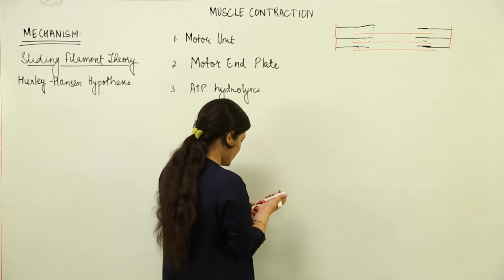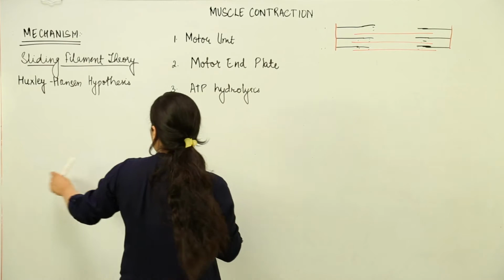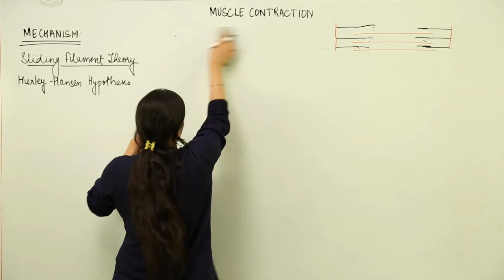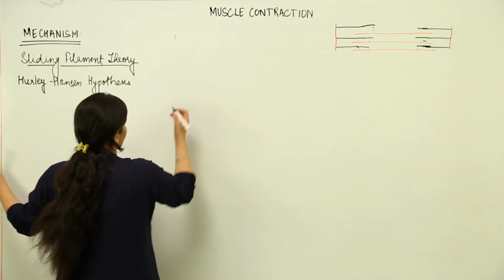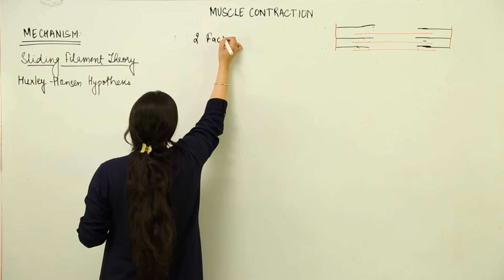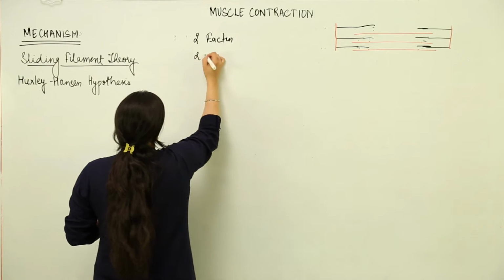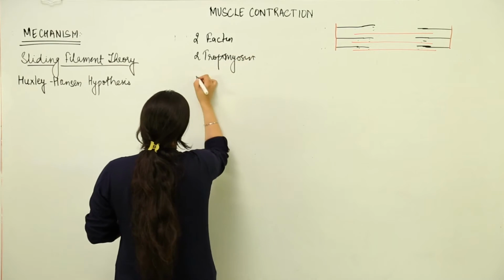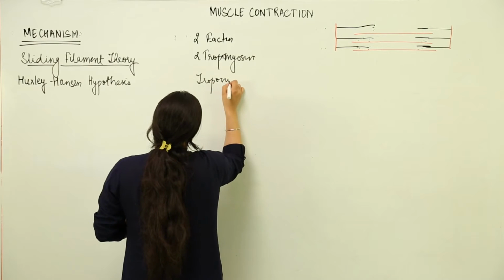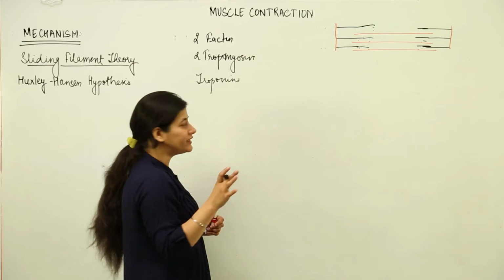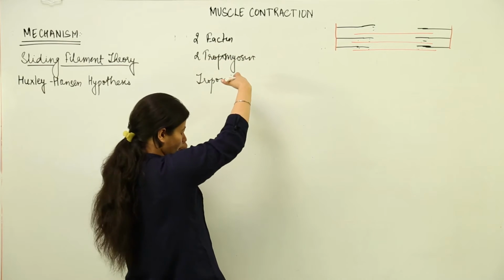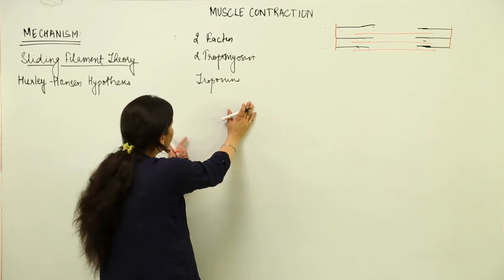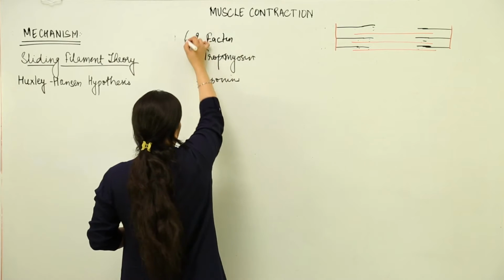Now you have to recall the structures that you studied. I am going to help you in recalling those. Remember these names, we are going to come to them one by one. The structure of actin said that it had two F actins, two tropomyosins and troponins, which mask the active sites. The arrangement was such that the active sites were present over tropomyosin and F actin, and troponins came and masked the sites. This was all about actin.